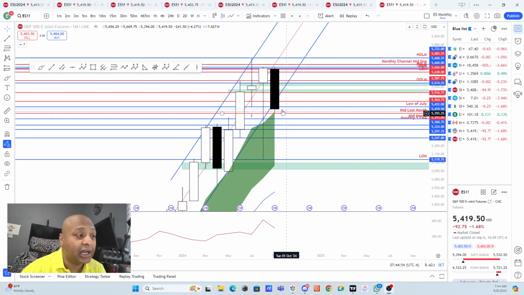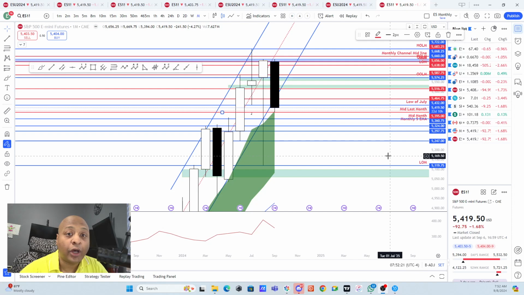But on the monthly chart, I would like to see that the price is getting above the 6.4 level. But it is also highly possible that we get up to this 5.464 line once again and start getting rejected from there. This is the monthly chart. We are just on the 8th day of the month. The month has just begun. It is just 1 week. So this may also be a false breakout.